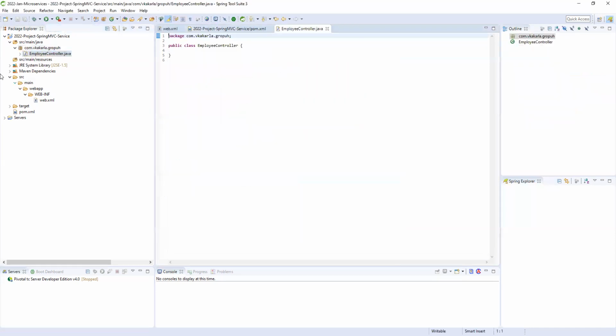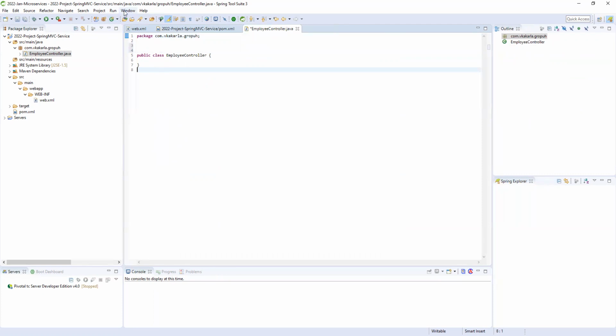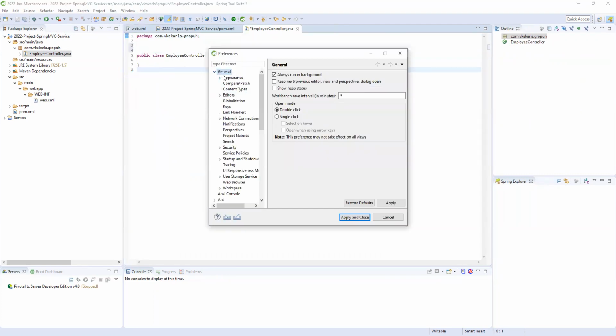Whenever you are adding an employee controller, let me highlight this.